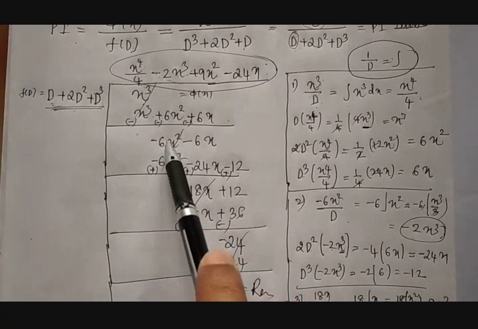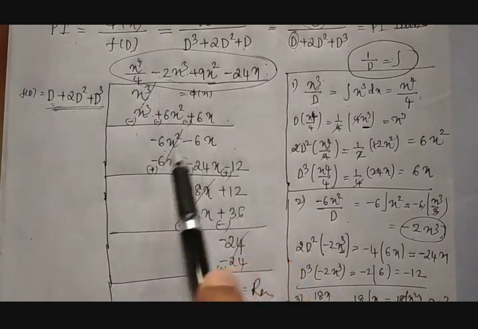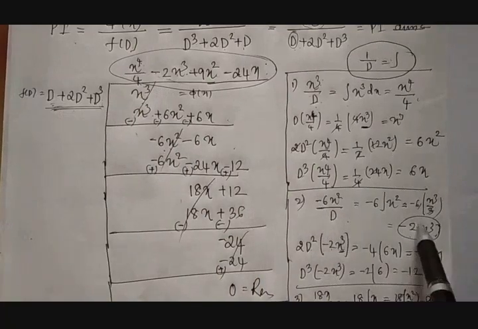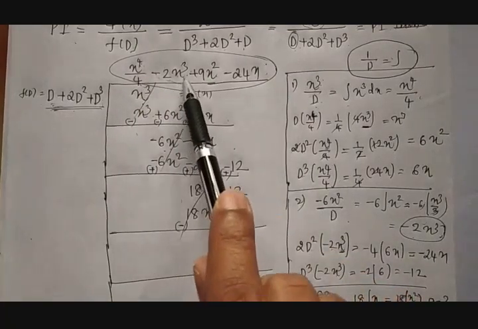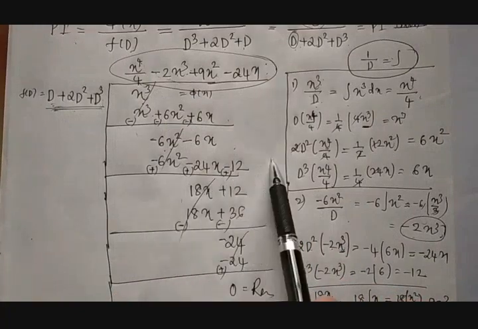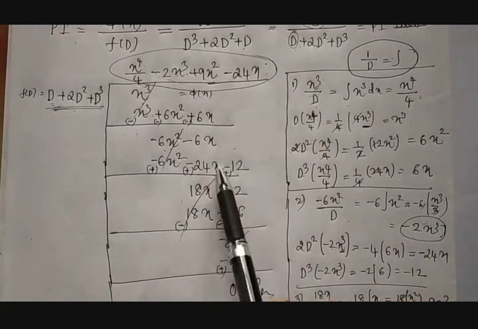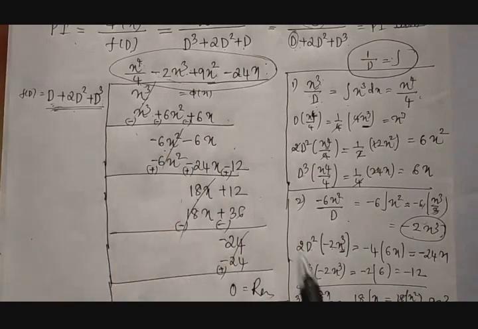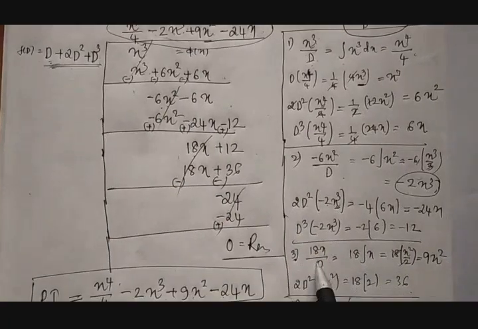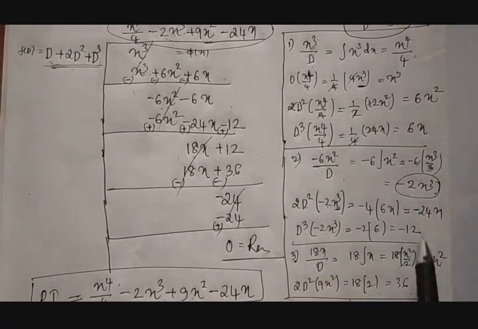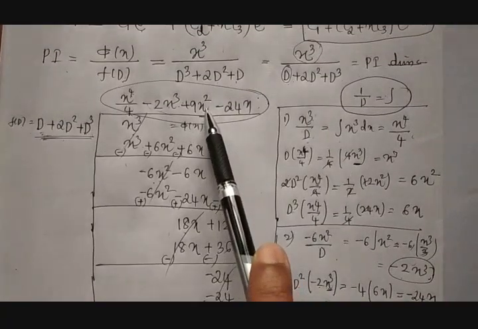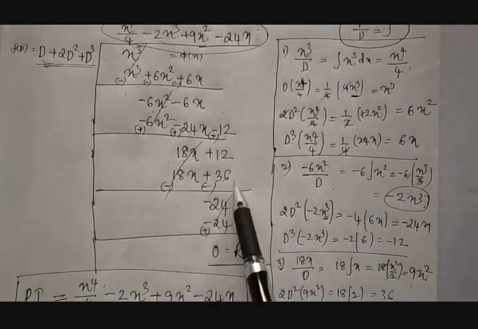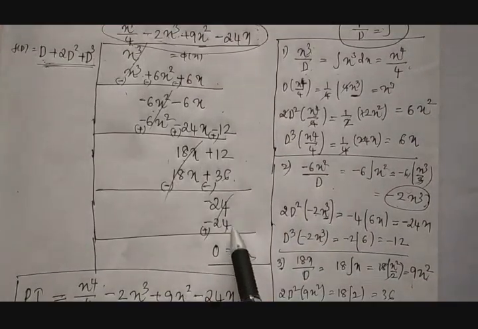Then we take a difference between these two. This minus this term, we got this. Then again first term by first term is taken here. Again we got that, that is written here. And this into the whole equation will be this line. So again this minus this you take, you will get one more line. So again first term by first term is this. Then the result 9x square is written here. Then again this into whole f of D will be this line. Then the difference we got.